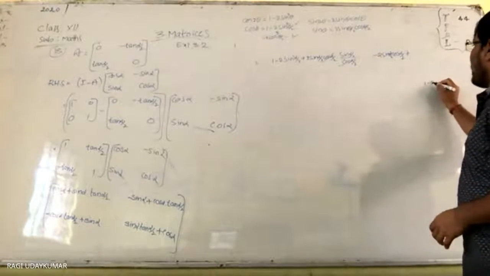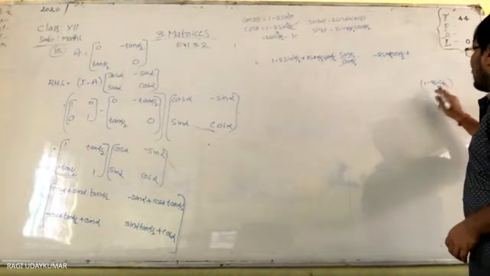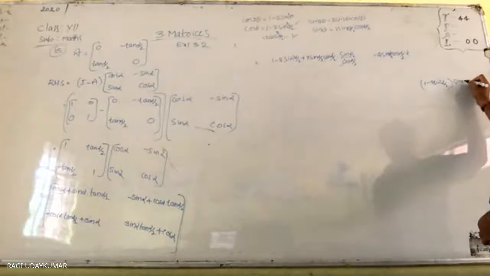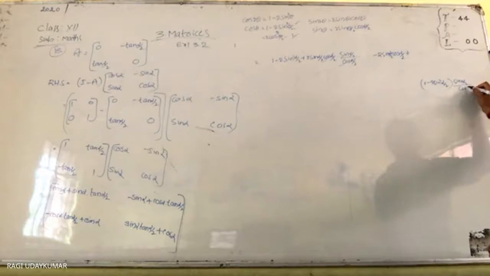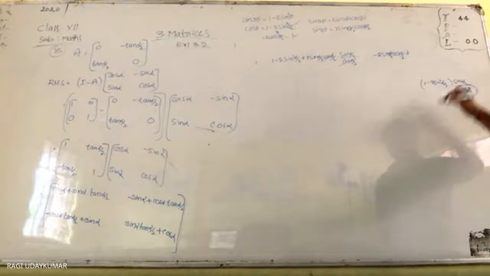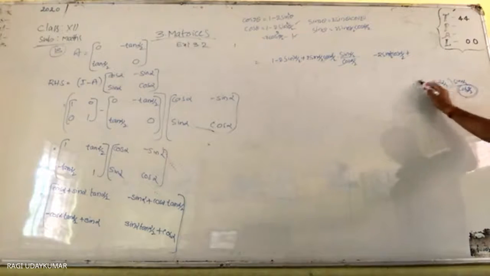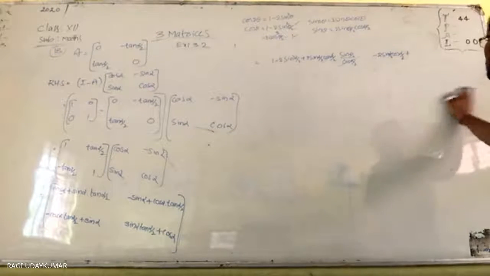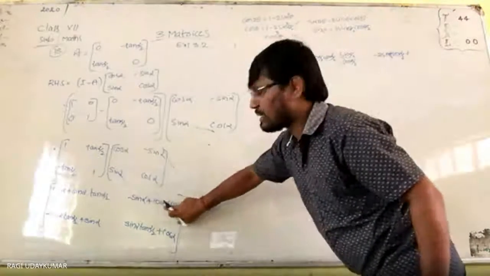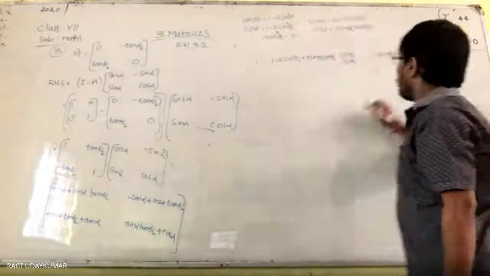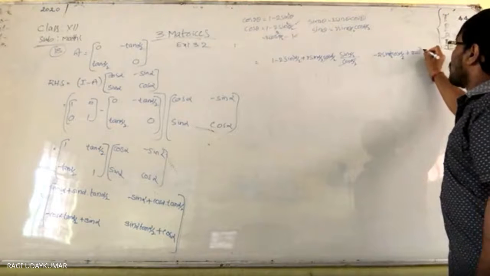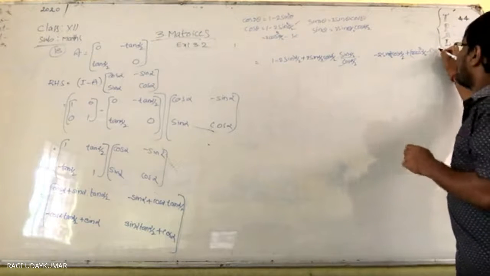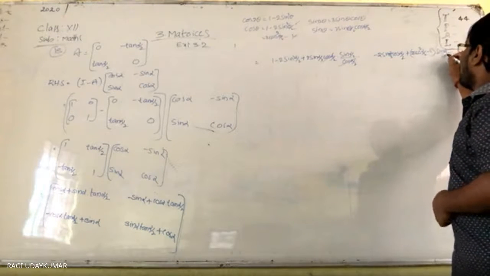Suppose if you take 1 minus 2 sin square alpha by 2, what change you will get here? 1 minus 2 sin square alpha by 2. I am taking as cos alpha. Next afterwards sin alpha by 2 by cos alpha by 2. So the denominator cos alpha by 2 is there. So that's why here you need to take the cos. The cos one has to come in cos. So that's why we will replace this cos alpha with the second form, 2 cos square alpha by 2 minus 1, into tan alpha by 2, which can be written as sin alpha by 2 by cos alpha by 2.